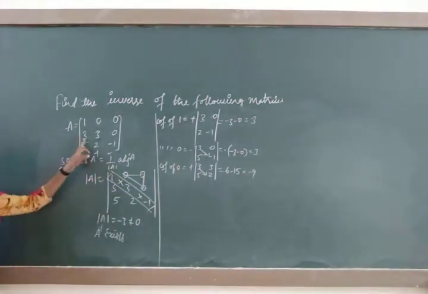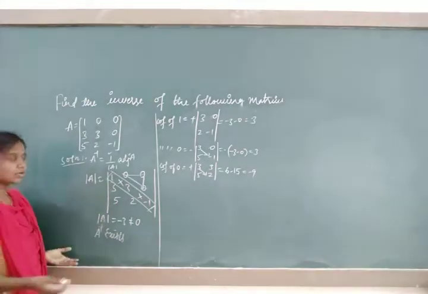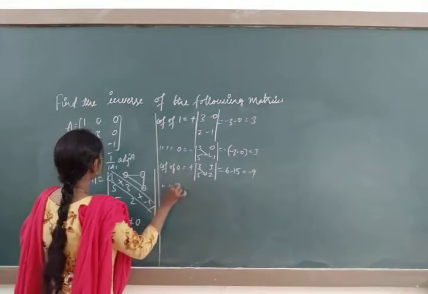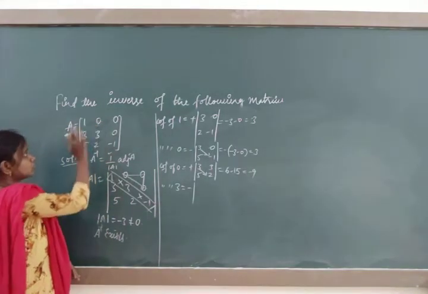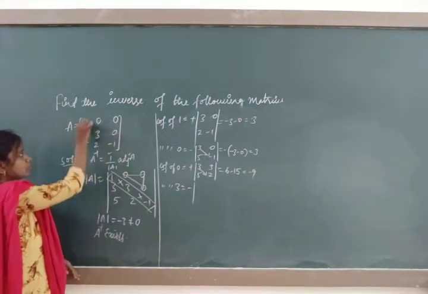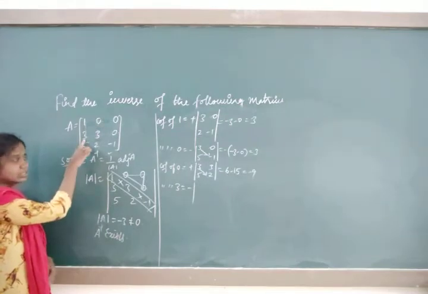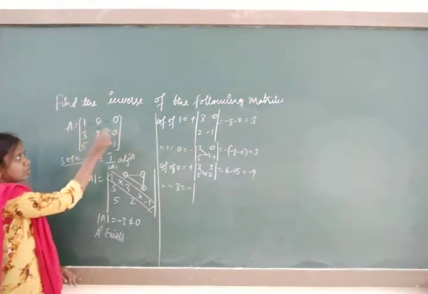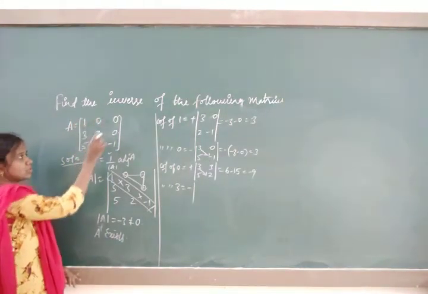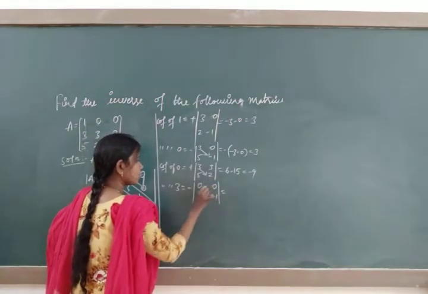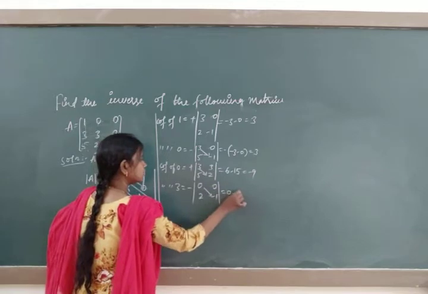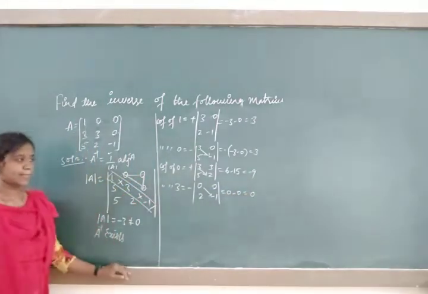Okay. Next, move to the second row. All the 9 elements you have to find out. Cofactor of 3 is with the alternate sign minus. Now which row will be closed? The second row will be closed and the first column, because 3 is present in the second row. Close the second row, close the first column. Remaining 0 0, 2 minus 1. On expansion it will be 0 into something, it's 0.